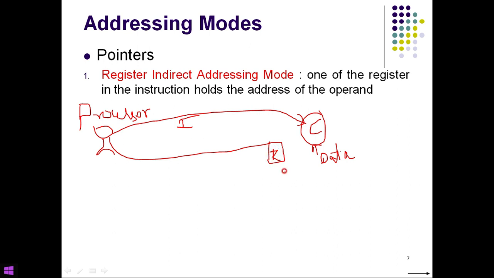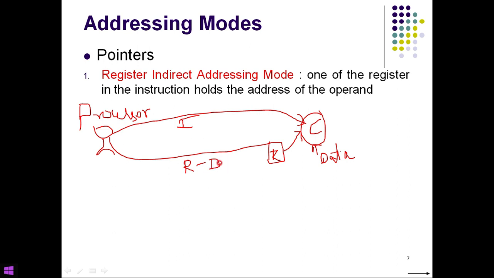This is my Ramesh canteen, R, and from the Ramesh canteen I will be taking the data. This becomes your register mode. What we have done is stored the data inside the register. Then the processor will first go to the register, and from the register it will take the data. This is nothing but your register addressing mode, which I will call R, or we have also called it direct addressing mode.